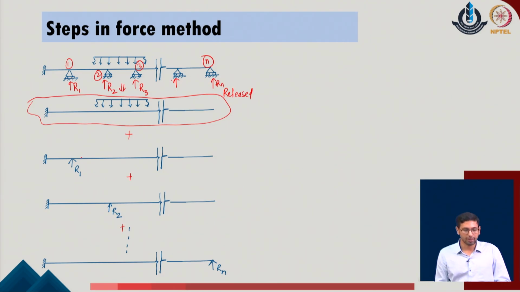So, as a first part, we add the redundant value of R1 in the position of the load 1, which is over here. Then we add at the position of the reaction 2, the unknown value of the force, which is R2, and we consider that these are all the external loads, but these are unknown values. So, we have still a determinate system on which we are applying some load values which are unknown for the given system. Now, as we consider the first system, we understand that the system will have some deflection, say the deflection profile will be identified like this.